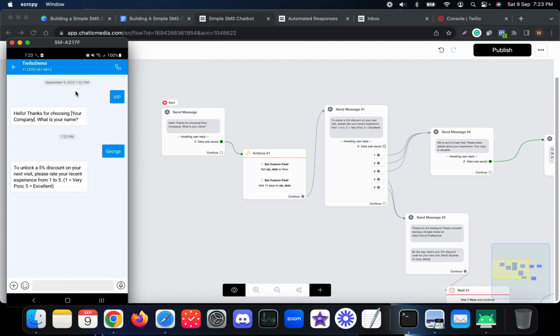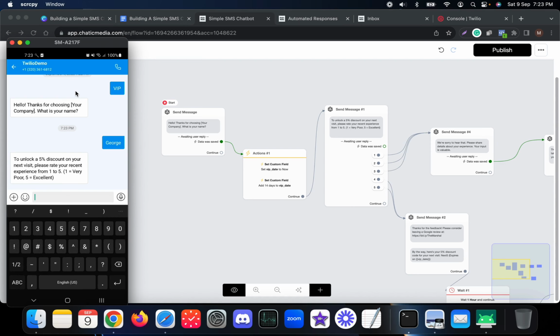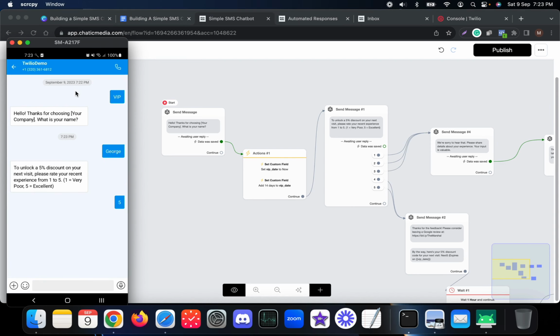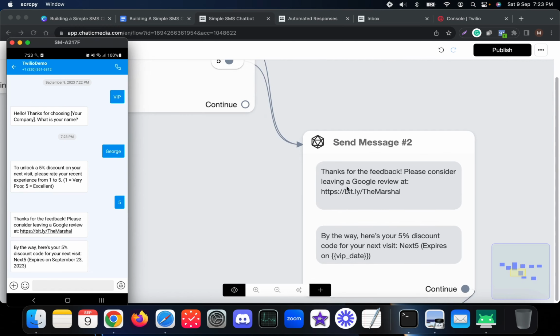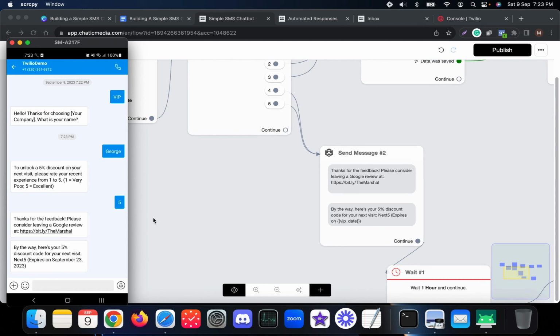So for the demo, we are going to see both of these things over here. Now let me explain. Let's choose 5 over here and see what happens. So it should send me this kind of message over here. Thanks for the feedback. Please consider leaving a Google review on this particular link. And also, by the way, here's your 5% discount for your next visit, and the discount coupon we put